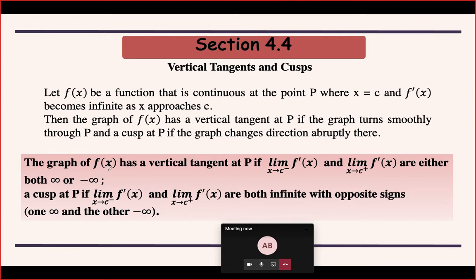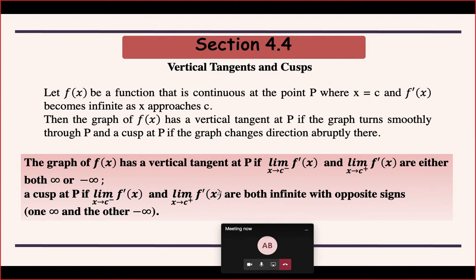If f(x) is given to you, you can differentiate it and find the derivative. If you plot the graph of the derivative function, the new function you have got, you will see that at this point P you are going to get a vertical asymptote with the equation x equals c. So you get a vertical asymptote for the derivative of f, not f, and that tells you that the original function f is going to have a vertical tangent at that point. This is how the two things are related.